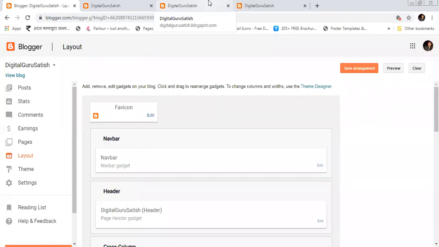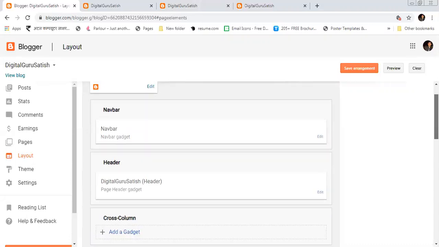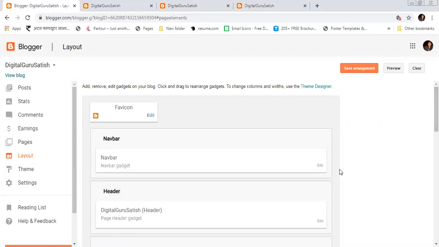With the help of blogger.com, you can create your own blog. And this is a task for you all: make a blog and share it with me. You can share in the group or in DM, no worry, you can do anything. At least you need to create a blog. We will discuss more about layout tomorrow, because we are running out of time today. We will create tomorrow's design very good. Tomorrow's design will be very good. I will discuss more related to this.